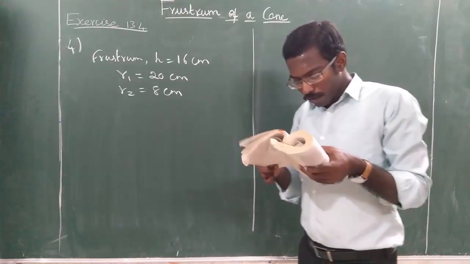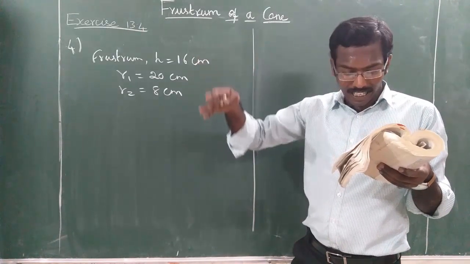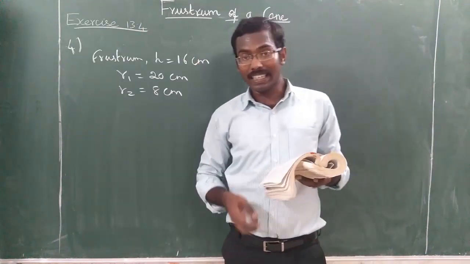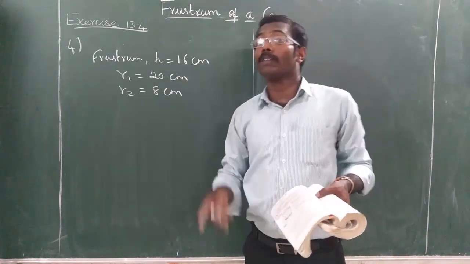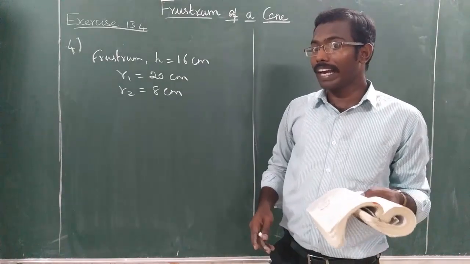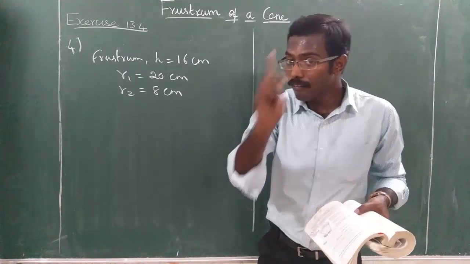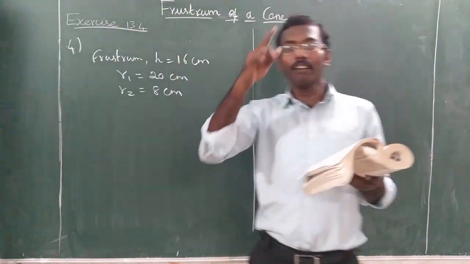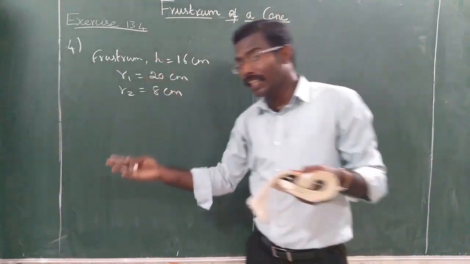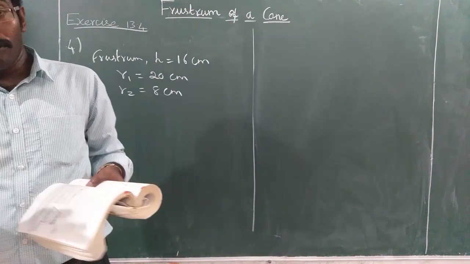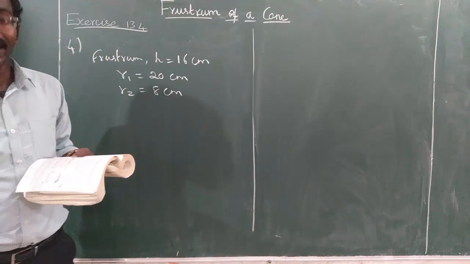Now, first find the cost of the milk which can completely fill the container at the rate of 20 rupees per liter. From this you should understand that you have to find the volume. Capacity, completely fill, these words come in, so you have to find the volume. First you find the volume, then you find the cost. How will you find the cost? 1 liter is 20 rupees. So if you are obtaining centimeter cube, you have to convert the volume into liter. Then you have to find the cost.